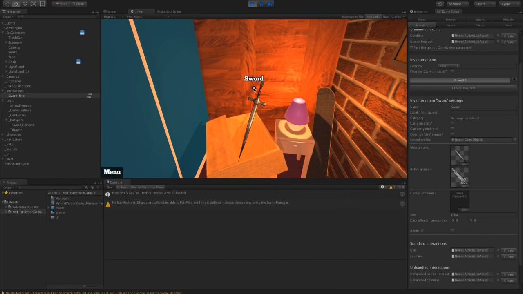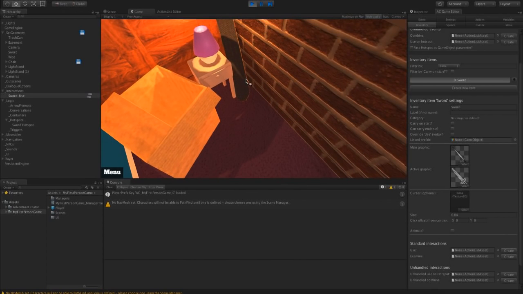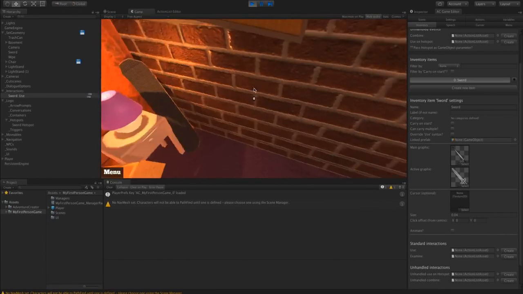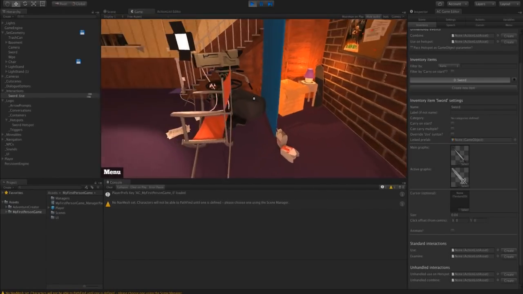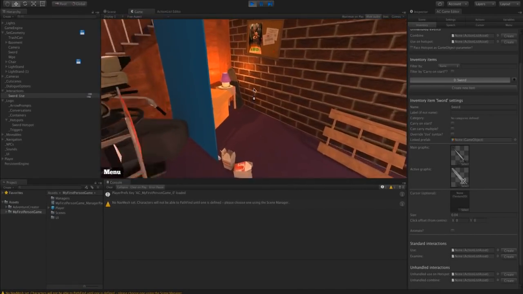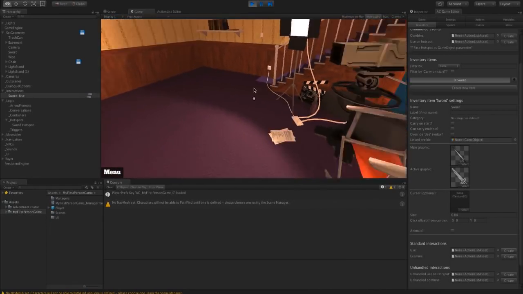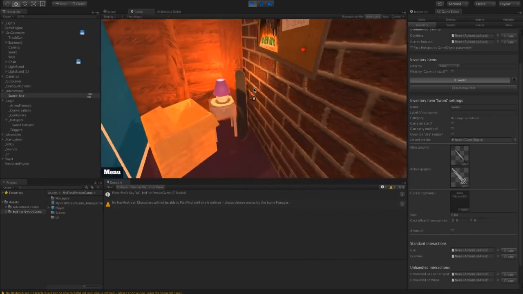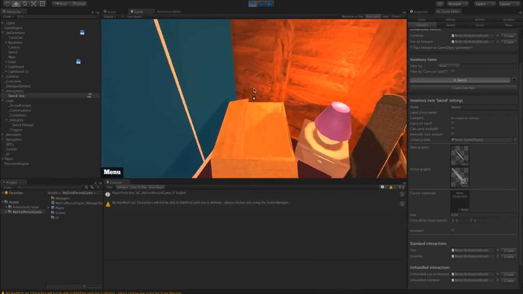Now we have, as I was describing earlier, these two modes of cursors. We have our sword inventory listed here, and we have to press the toggle cursor button to toggle between the two cursor modes so that we can actually access our inventory. What we're going to do now is make it so that the switching between these two cursor modes is all automatic. So we don't have to think about actually pressing the toggle cursor input. That's all handled for us based on what menu is open.